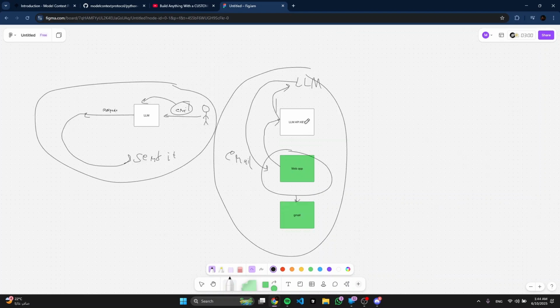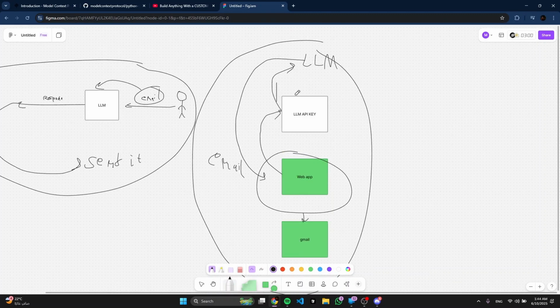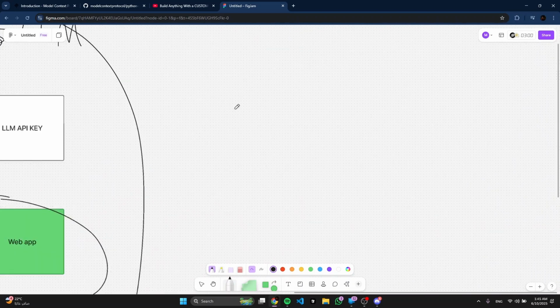But the problem is that maybe I implemented it this way, and maybe another developer has two other functions, not just one function for sending emails. Like maybe he has a function that will write this email and another function to send it. So the problem is we have different approaches for this. It doesn't make sense that if we both want the same thing, which is to automate sending an email, we have two different approaches and we both get to the same problems. So that's why they created something called MCP,